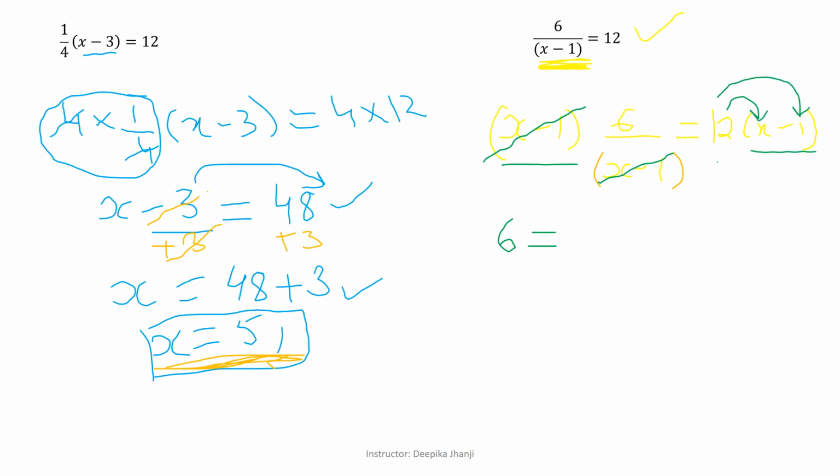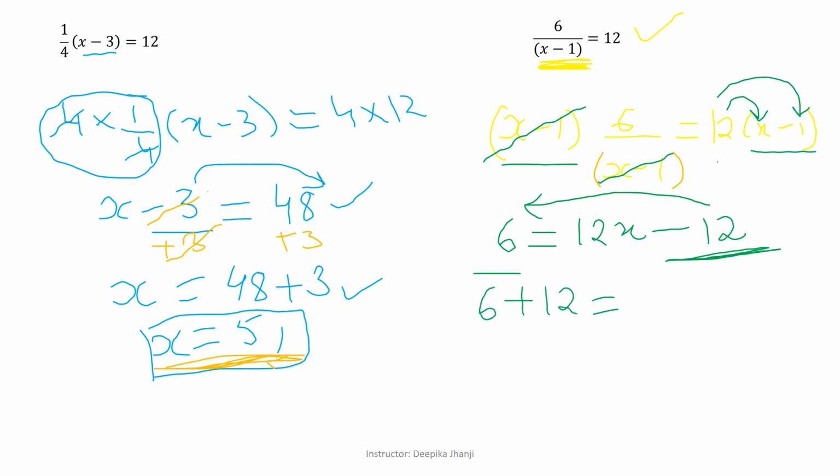12 times x is 12x. In between we have a negative sign. 12 times 1 is 12. Right? Now we want to combine the like terms. So this negative 12 should be combined with 6, which means we need to move negative 12 to the other side with the opposite sign. So this becomes 6 plus 12. And on the right side we are left with 12x. Now 6 plus 12 is 18